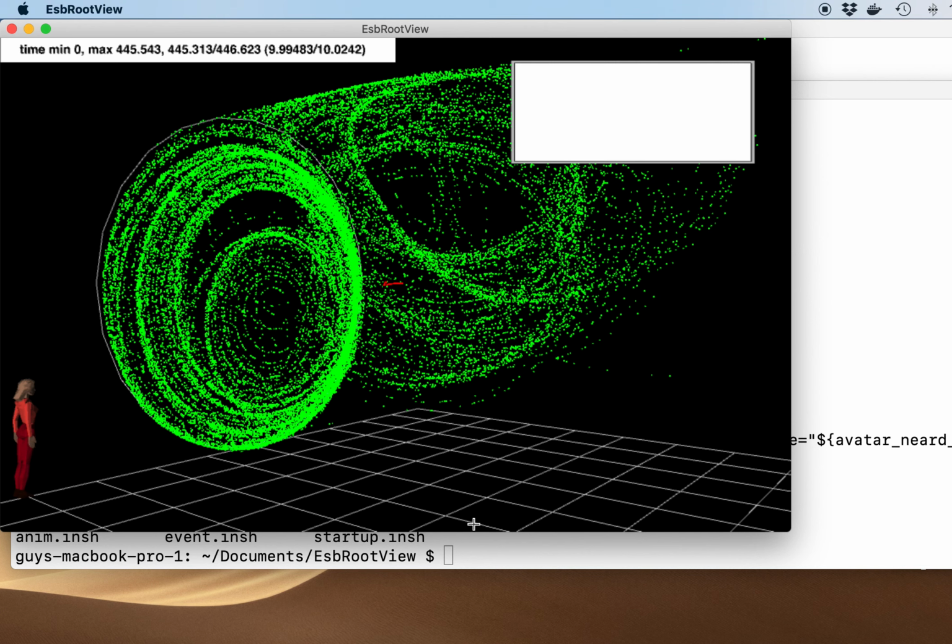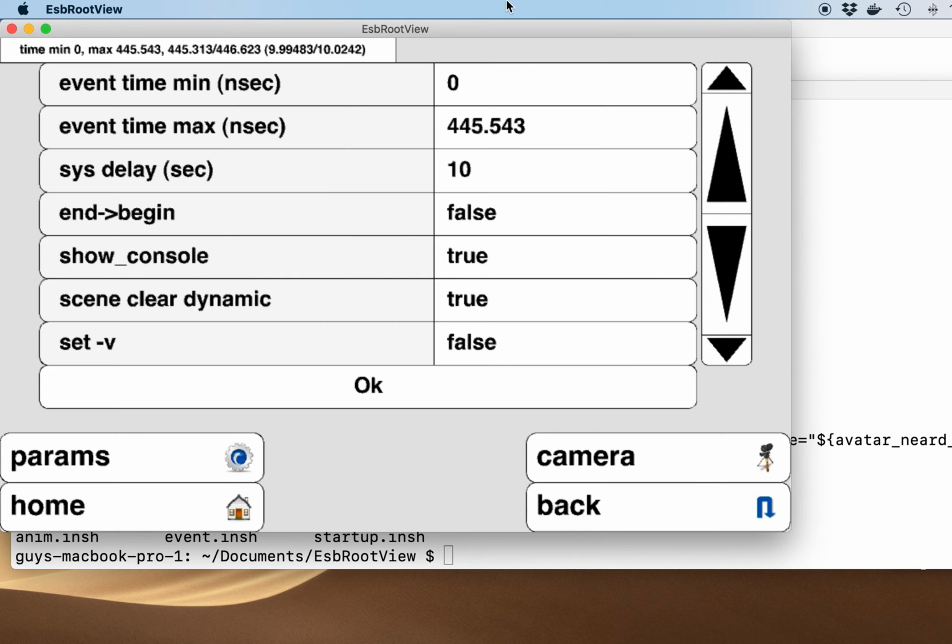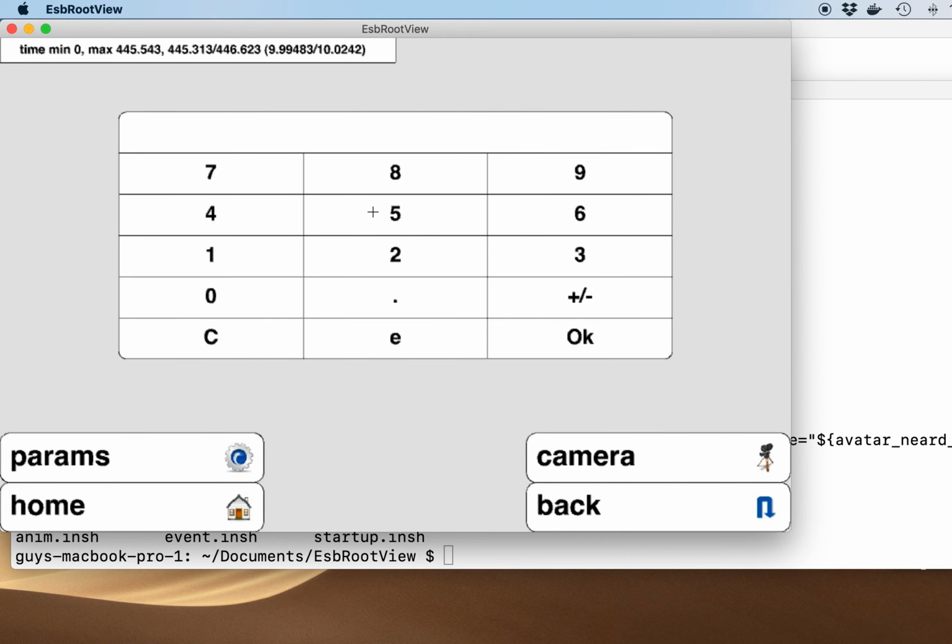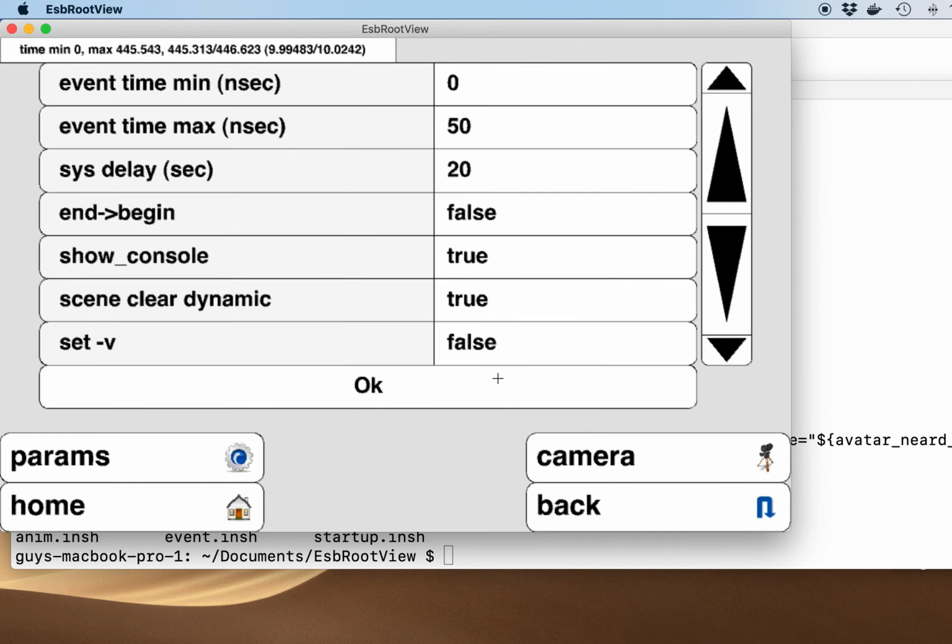But okay, if we want to see a nice deployment of the rings, we have to concentrate only on the first burst that more or less appears in the first 40 or 50 nanoseconds. We are going to do that in 20 seconds.